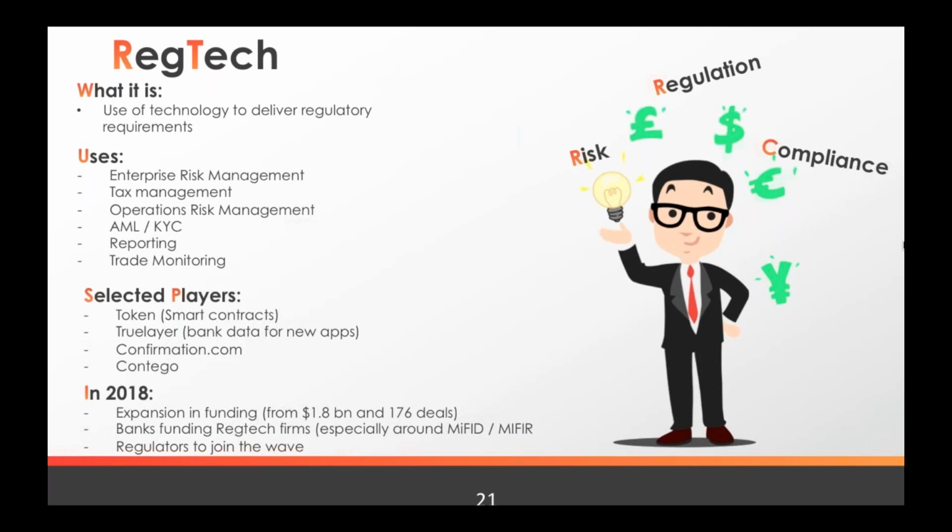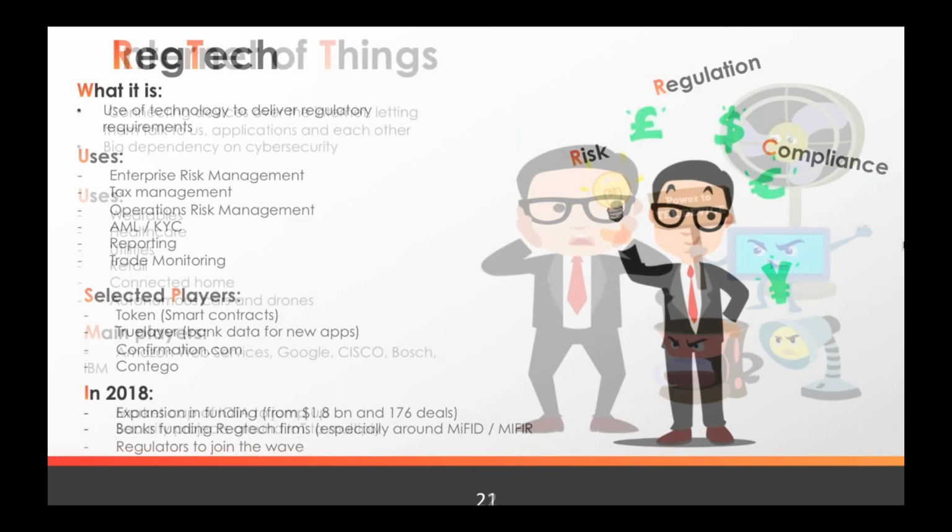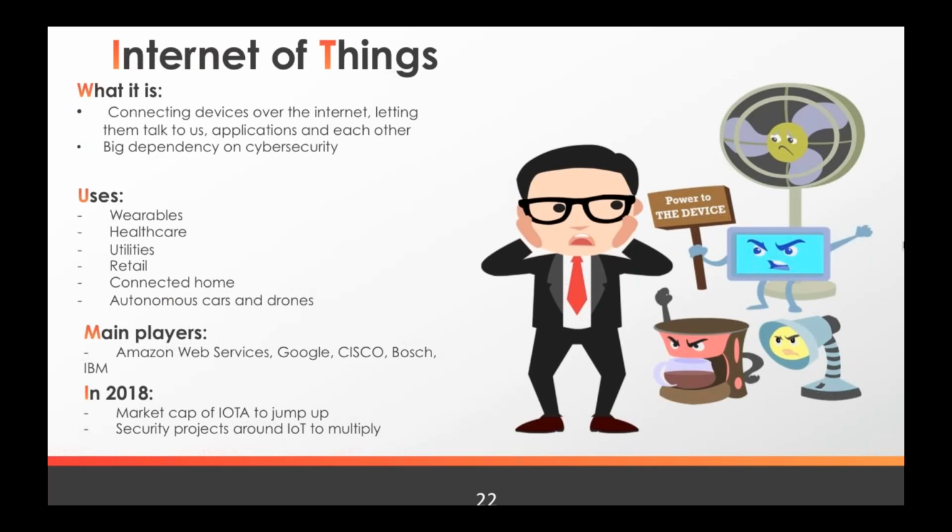Finally, the Internet of Things. This is about having your devices connected, having your fridge ordering some milk and paying for it, or having your self-driven car going into the gas station and getting petrol on its own. It's a bit early, but this is an important technology to look at. In 2018, there will be more investment into projects around cryptocurrency, and one of them is IOTA, which I think will increase in value quite a lot.